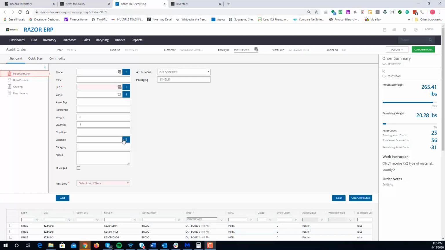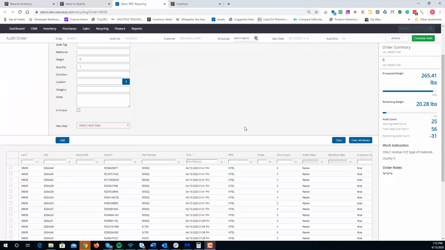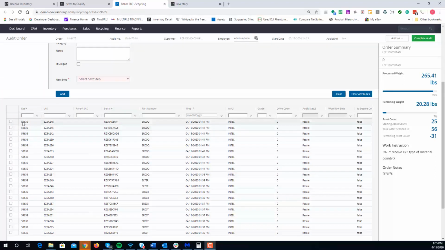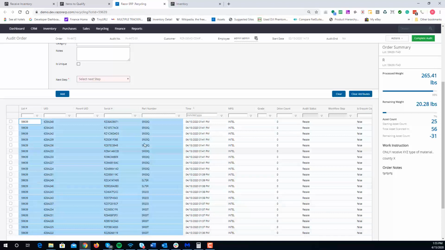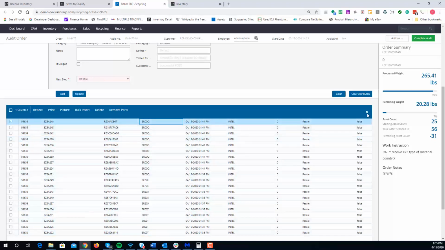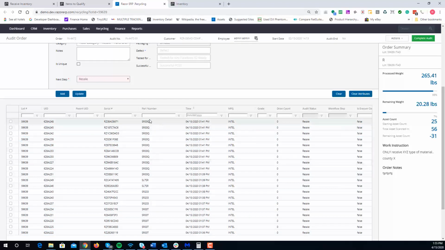Okay guys, in this video we're going to show you how to handle lower value product and bundle those specific items so you can sell them on eBay, Amazon, and hit a higher average price. So in this example, we just received in a bunch of CPUs, and let's just assume they're $5–10 CPUs, but